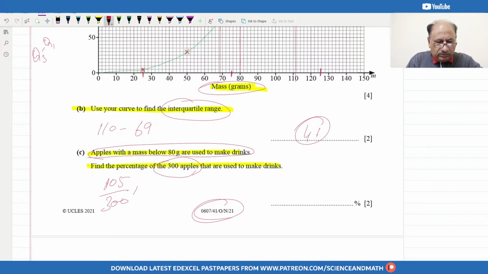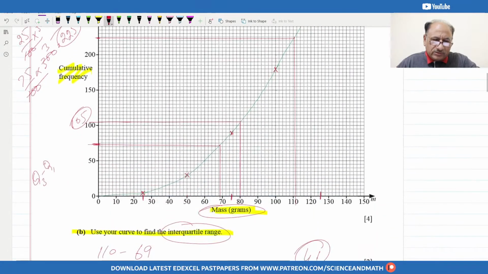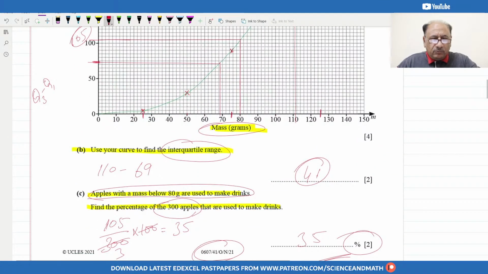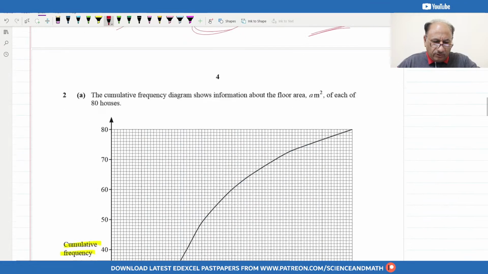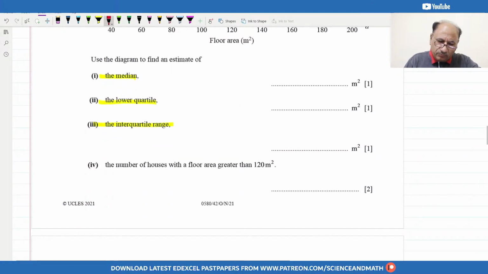and for percentage we will be multiplying by 100. So this will be 3, and 105 divided by 3 will be 35. So we can write this one as 35%. So you have seen that we are answering the question on the basis of this cumulative frequency curve which we have drawn. And in some cases, as I told you, we have taken this question from